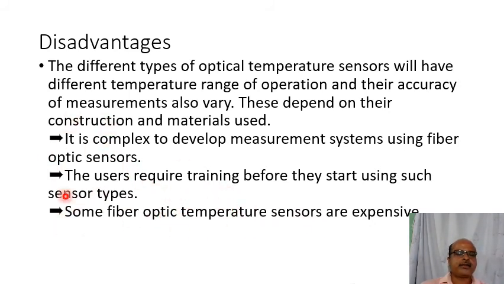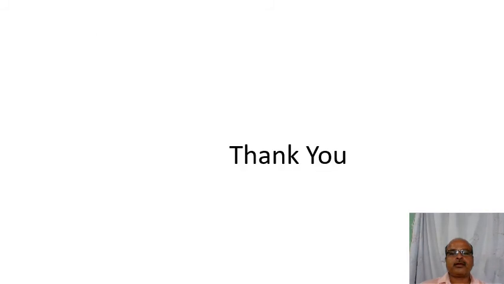So all these are the disadvantages of this fiber optic temperature sensor, but the main advantage is that we get the correct readings according to temperature variation. There is a variation in light intensity, and we can detect the correct temperature. In a number of cases, this optical fiber temperature sensor is used. Okay, so we have taken the optical fiber temperature sensor in detail.